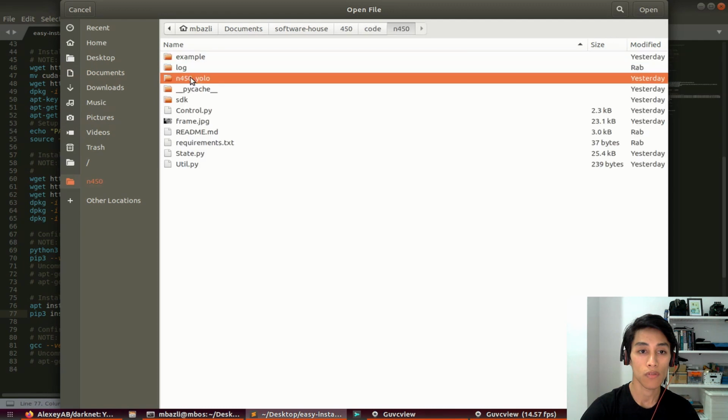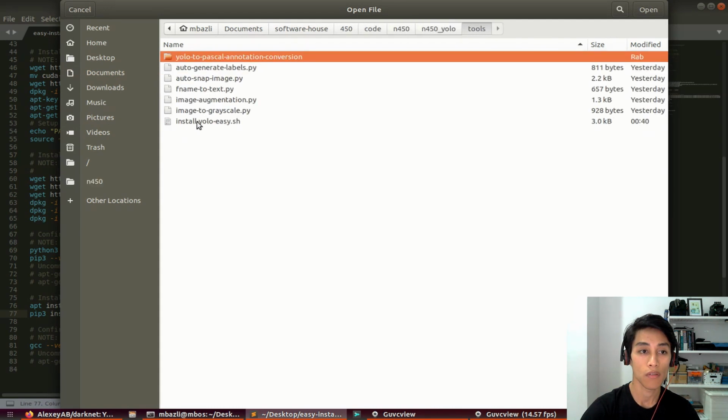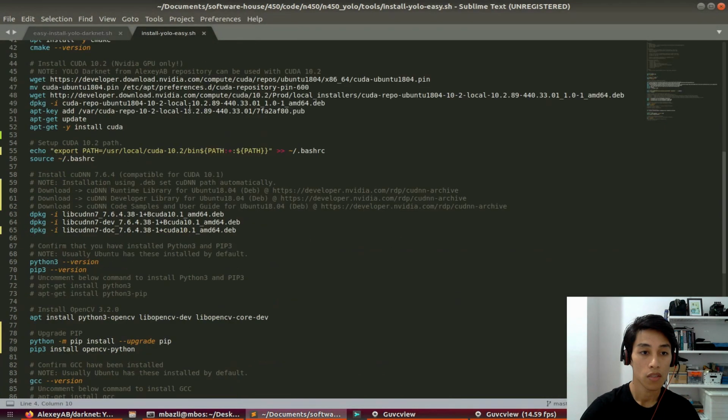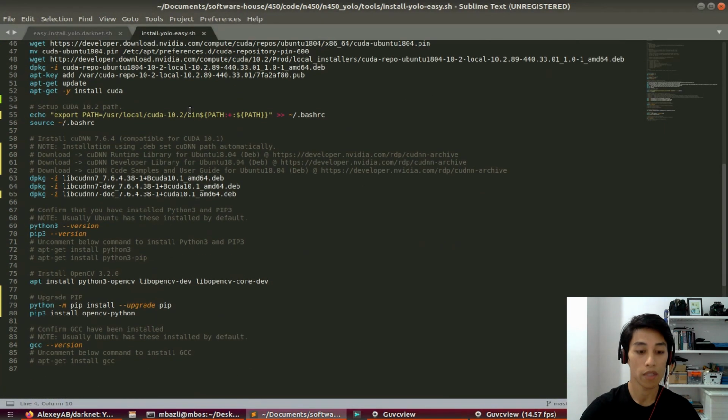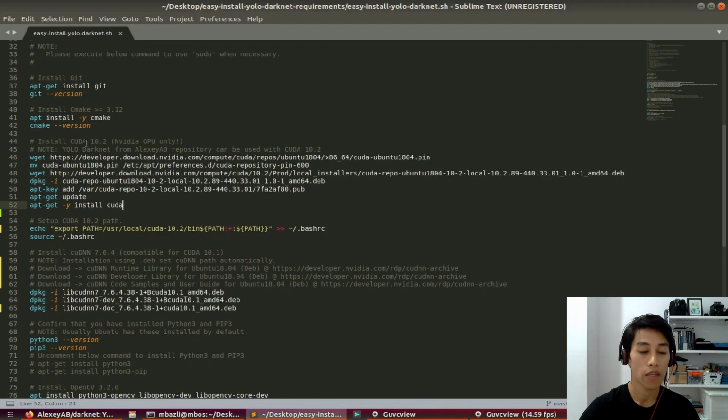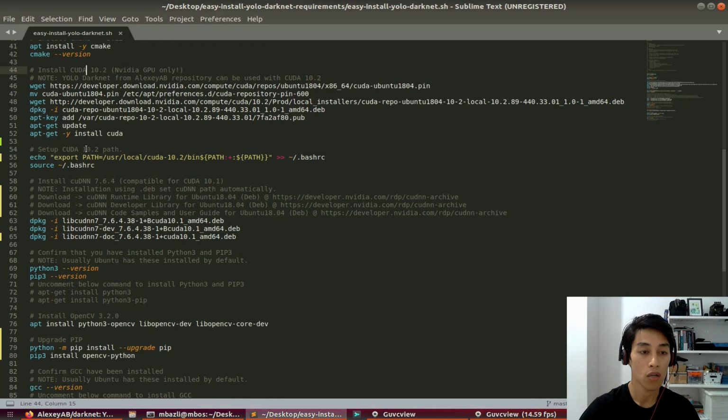Okay, tools, and yes, this is the updated one. So I'm just copying here and pasting here. Don't worry, later I will change this update inside the Bitbucket, so when you watch this video, the code is already updated. Okay, so after it installs the CUDA and then sets the CUDA path, after that we'll install the